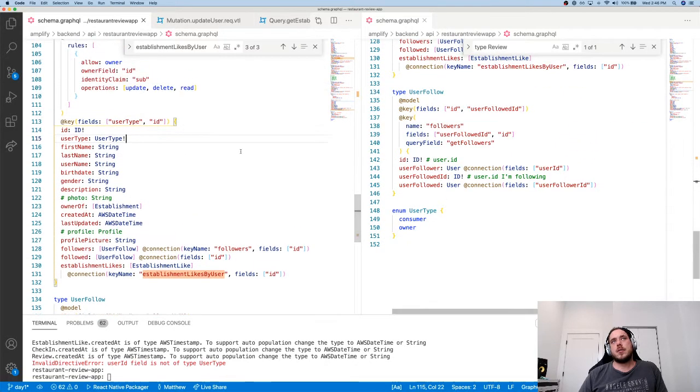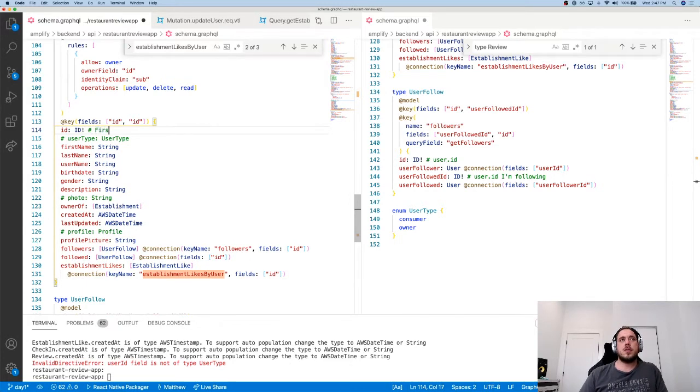I can't pass in any user for that matter on this, so it has to be by ID. So really we're tricking this, and user type's not going to be required, but what we're going to end up doing is saying